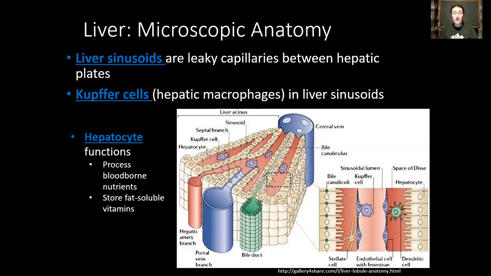So even vitamin K, which of course we know is really important to blood clotting. And so even if we don't eat vitamin K for the next month, we can still make those clotting factors and still generate a blood clot in a good way. The function that you're probably most familiar with is detoxification, right? So of course your liver has to work really hard when you ingest extracurricular substances like alcohol, but also any other kind of toxin that maybe you're not even purposely ingesting. You may not even be aware that you're ingesting.